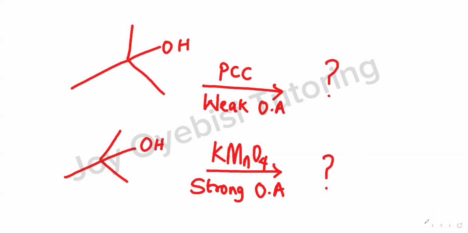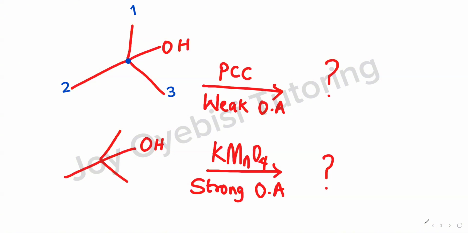And what about tertiary alcohols? For tertiary alcohols, the carbon bearing the OH will be attached to 3 other carbons. That's what makes it tertiary alcohol. Well, tertiary alcohols don't oxidize easily. And that is because there's no hydrogen on the carbon attached to the OH, so oxidation doesn't happen under normal